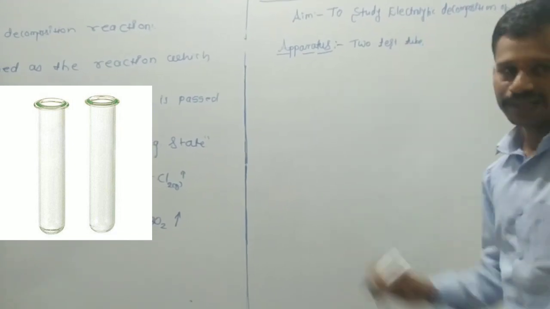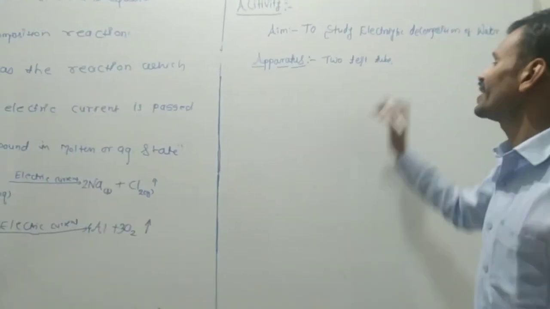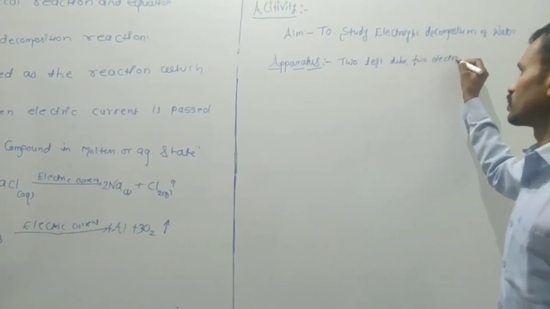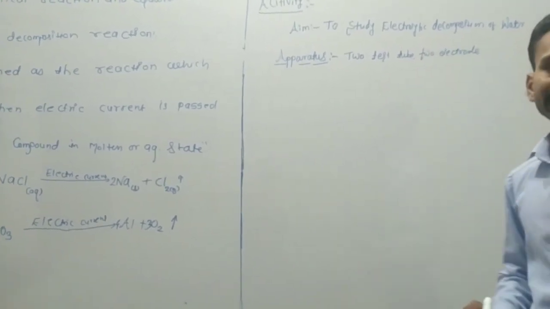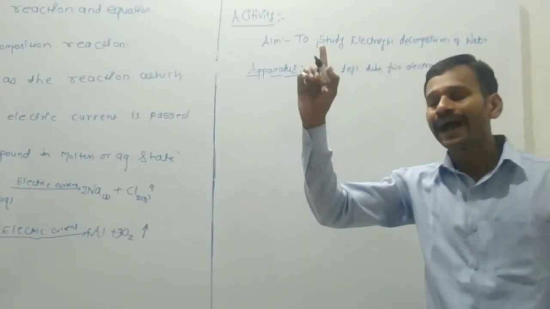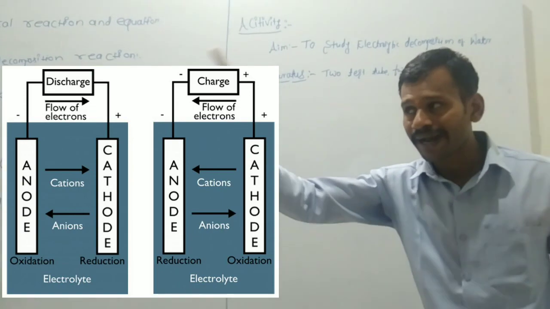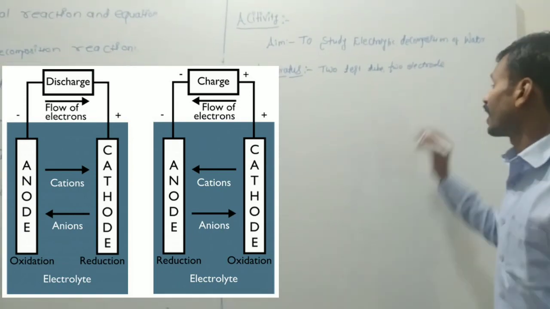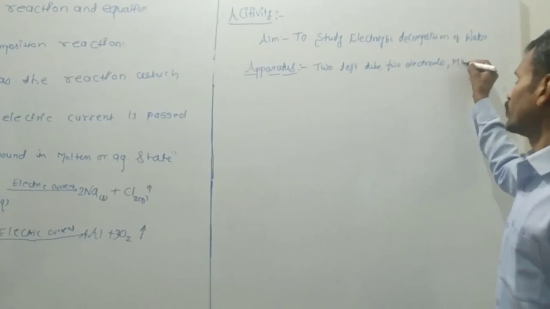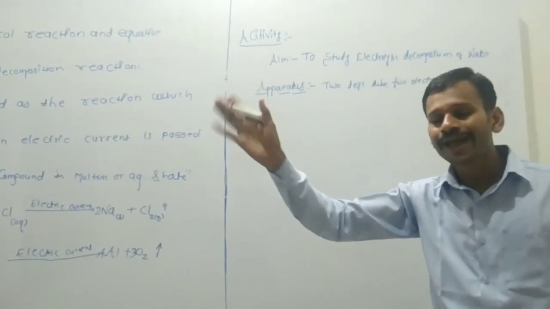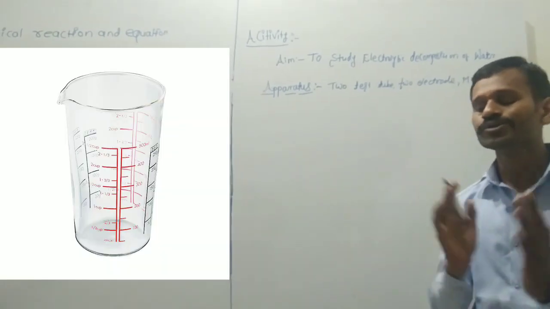Okay, after that, two electrodes. One is the cathode and the second one is the anode. Means this is the cathode and this is the anode. It is again required. Again one mug. Actually, this is a mug or it is a glass. We again use it here.